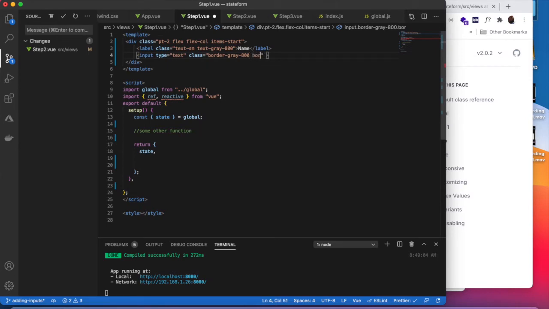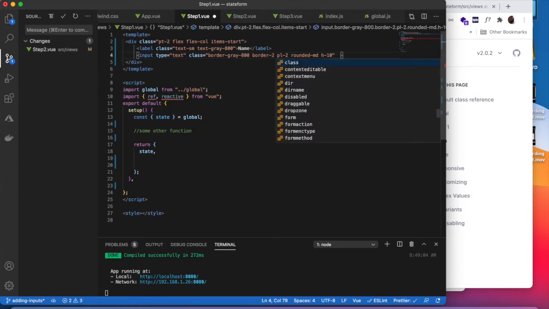I'm going to put a 2 pixel border on it. That's just border 2. PL means padding left of 2. And I want to have rounded corners, about medium. And a height. I want to give it a decent height, so I'm going to do 10. That's probably around, oh man, I forget what it is. Let's do a placeholder,